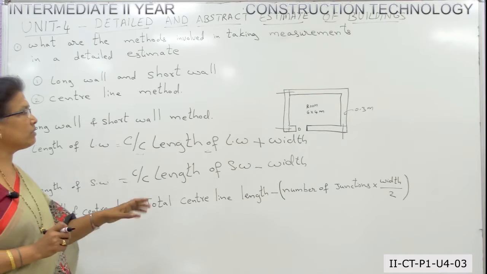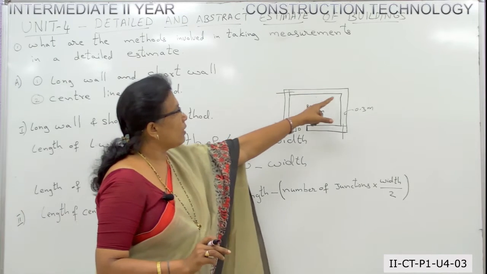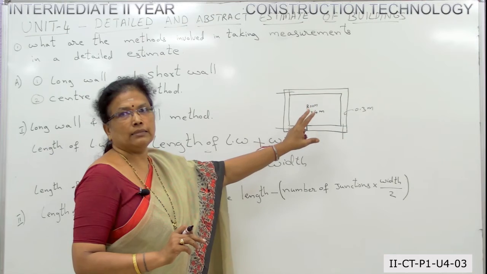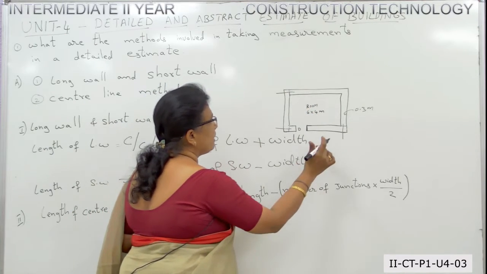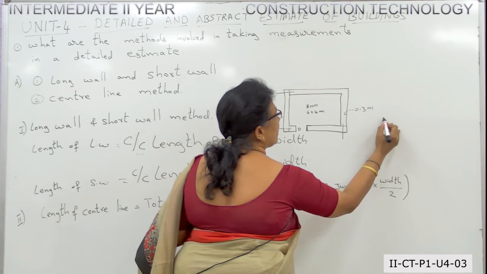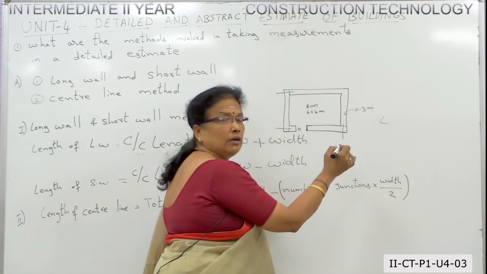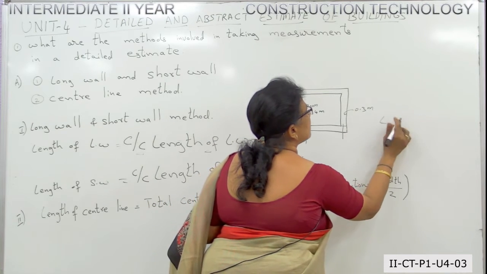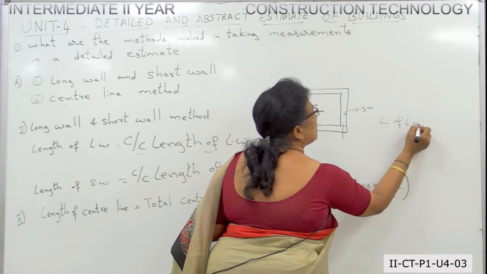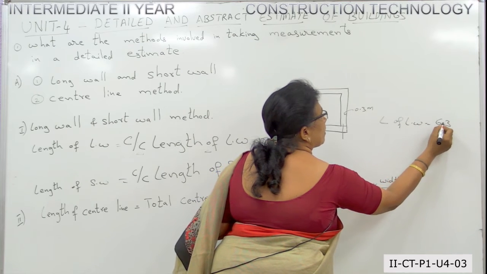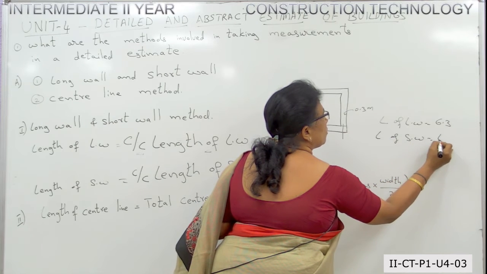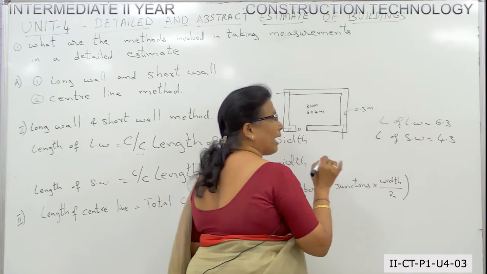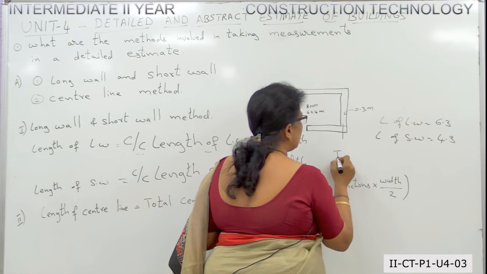To calculate the center line, first you will calculate the total length of the four walls. Suppose the length of the long wall you got as 6.3 and the length of the short wall you got as 4.3. So when you calculate the total center line length,